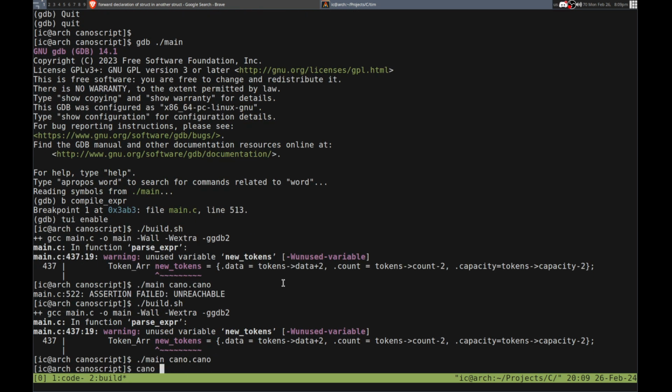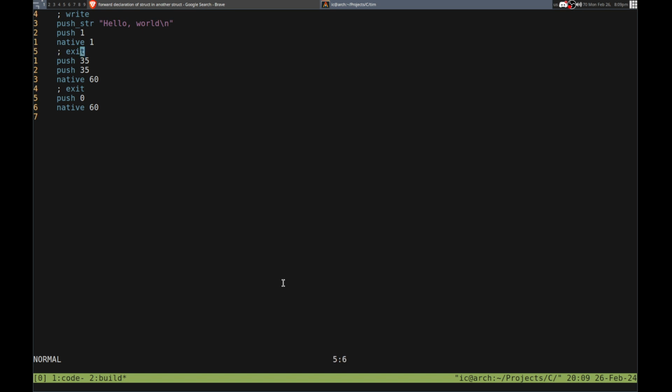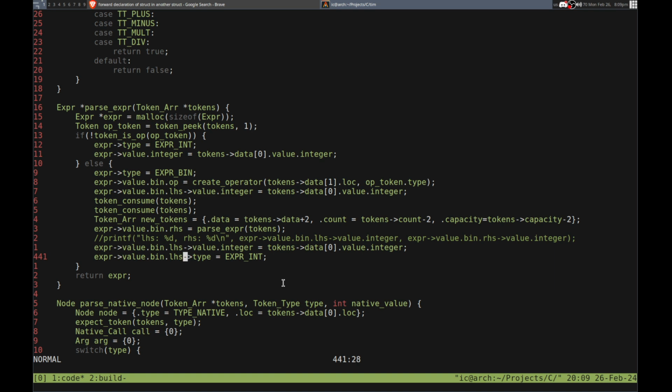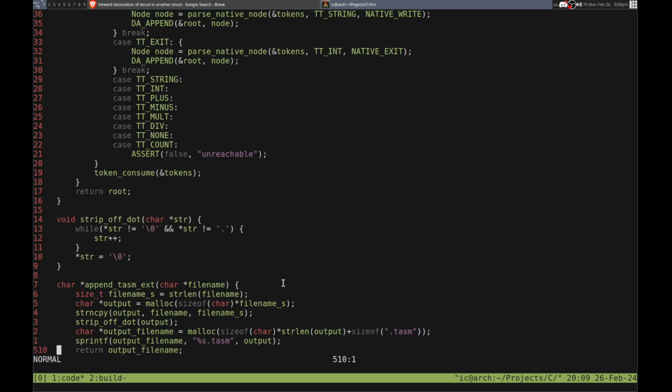Okay, and let's look at push 35 and push 35. Yeah, but we need to do the add as well. I forgot about the add. It pushes 35 twice, which is not quite right. Why would it do that? Right. So